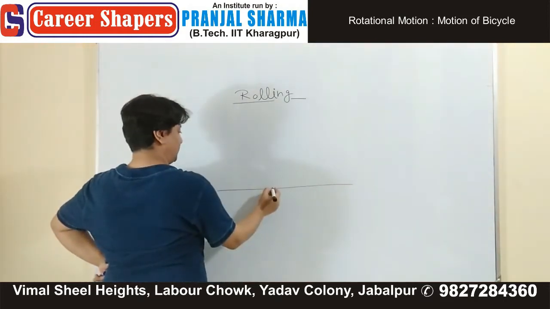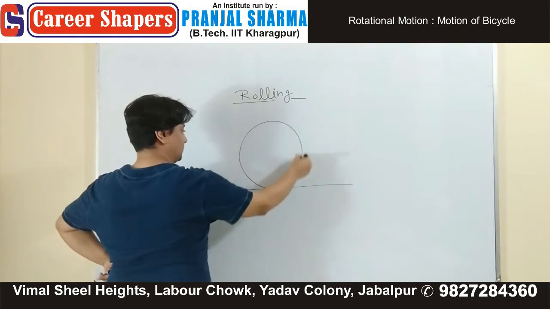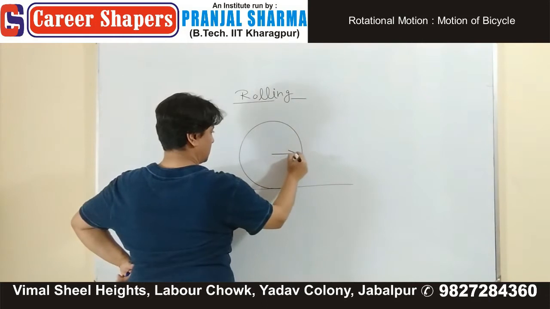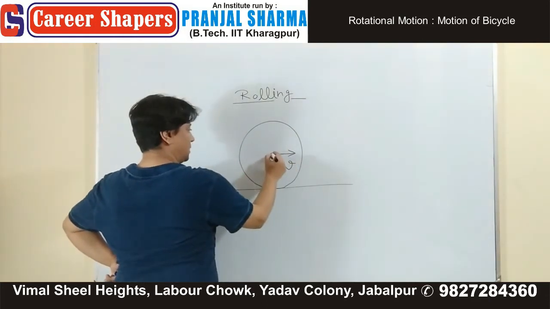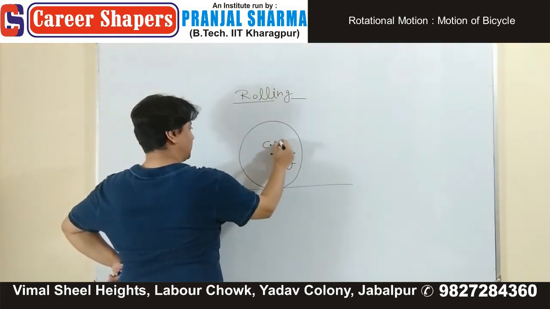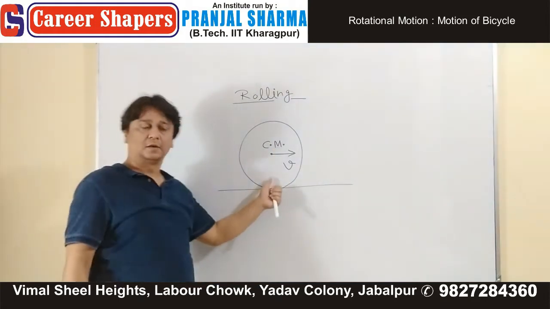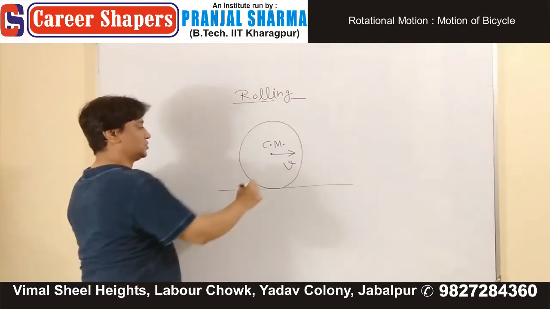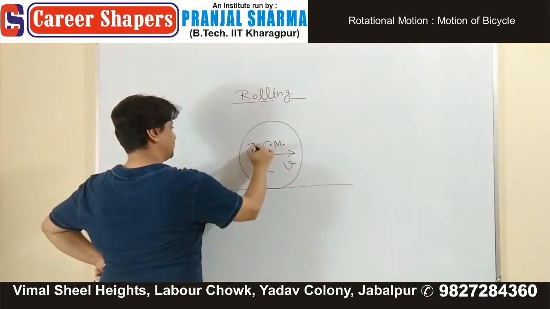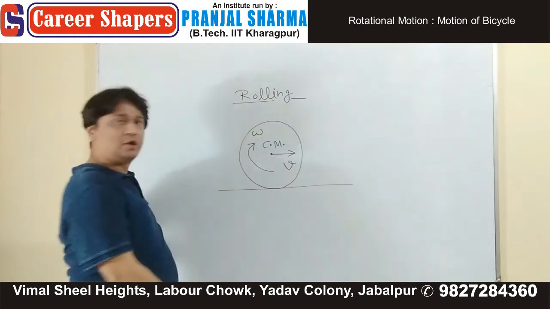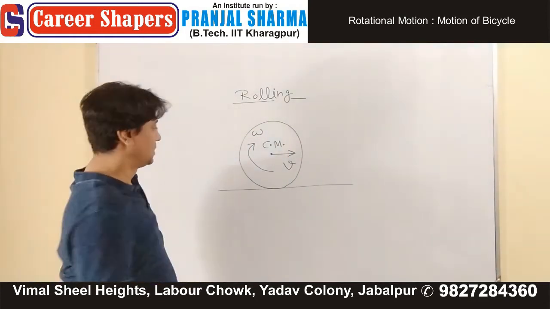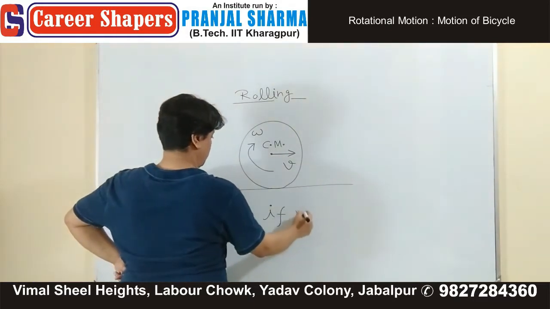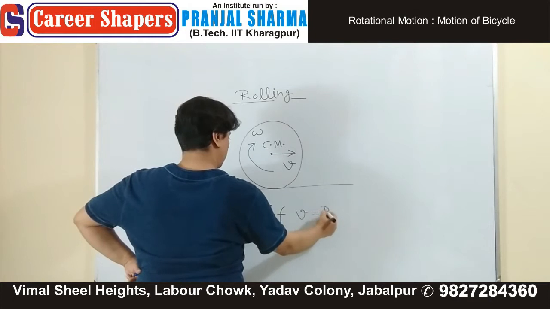And so far we have developed this concept. If the center of mass of the wheel is moving with V and this wheel is rotating with angular velocity omega, if V is equal to r omega,